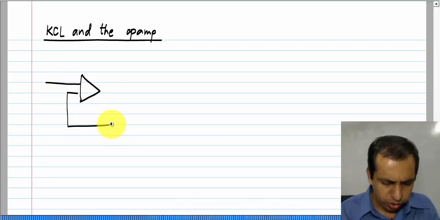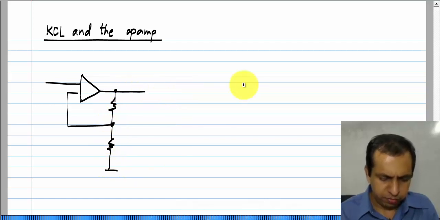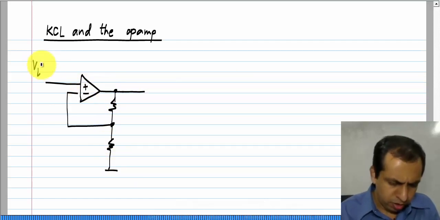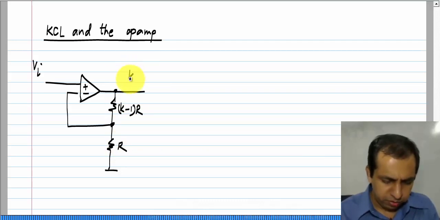Let me take our usual amplifier circuit. If I have an input voltage Vi and this is k minus 1 R and R, the output will be